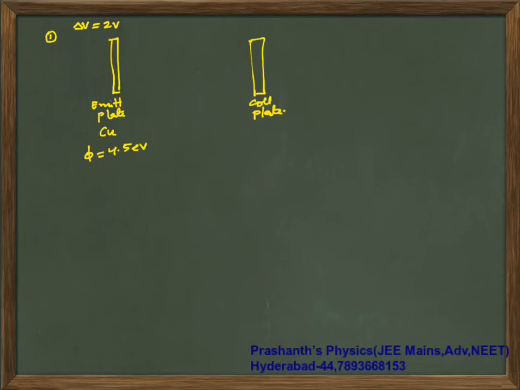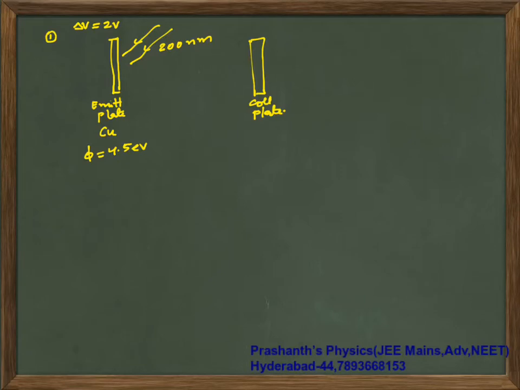Okay, this emitter is illuminated with 200 nanometers. For understanding's sake, I am drawing the diagram. In the book, they will give you an emitter plate and a potential difference between emitter and collector of this much. Like that, they will give you some language. A 200 nanometer wavelength of light is falling on it.